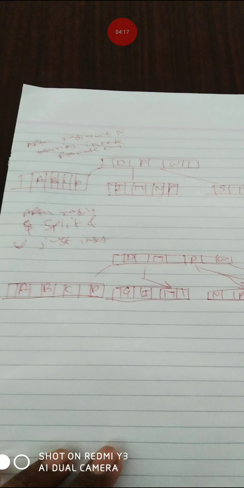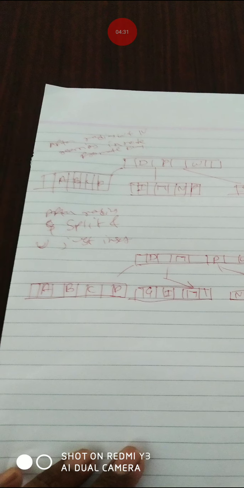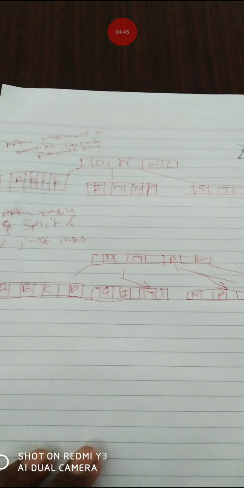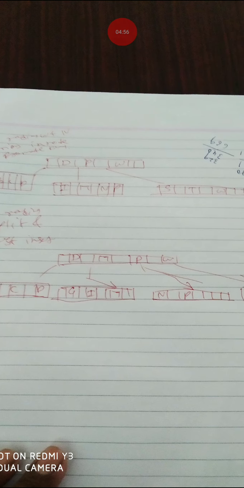Similarly, when you read N, the N value is stored in the I M P node. There you already have one slot empty, so you can store it, and just shuffling takes place. P is shifted last and N will be in the middle. Next, once you read G, you cannot store it anywhere here because it is already full. Hence there is a creation of a new node. We have created 2 new nodes: one is G I M and the other is N P, because they need to meet the minimum requirements. In G I M, M is the highest element and that is the root node value. Similarly in N P, P is the highest element, that is the root node value.